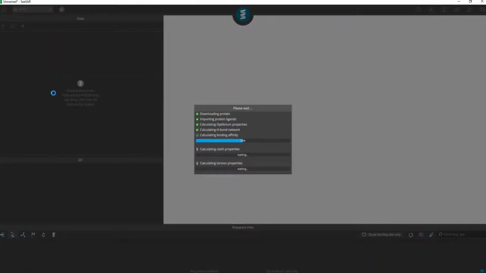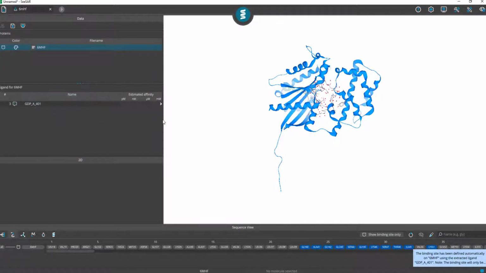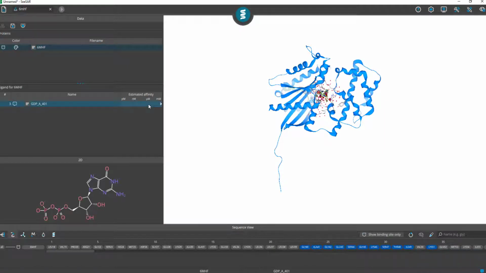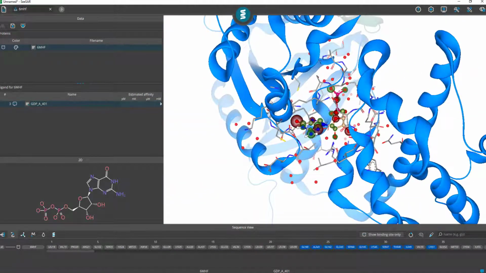SeeSAR is importing my ligands, calculating the estimated affinity, optimizing my hydrogen bond network, and I would like to pick the ligand GDP-A401 by radio selecting it. And I already have a clear distinction in the binding affinity that I see here now as compared to the previous molecule. Now we have the opportunity to see both green and red coronas,